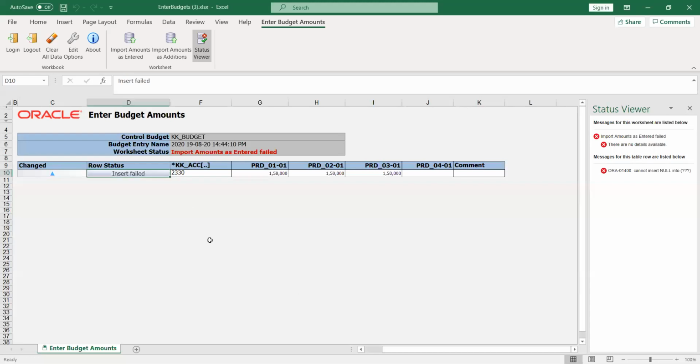This is only for the account segment, because we have enabled it only for this segment. Maybe the value that I have entered is not available, because I have created it freshly. Maybe 23230 may not be there. So I'll take maybe the other account, 2378.